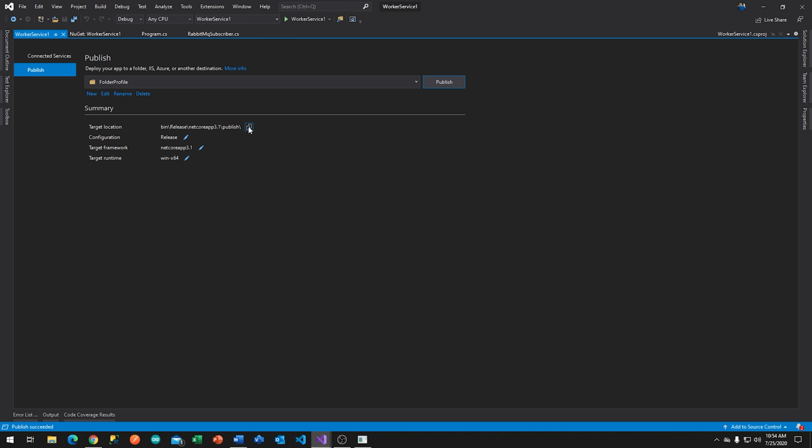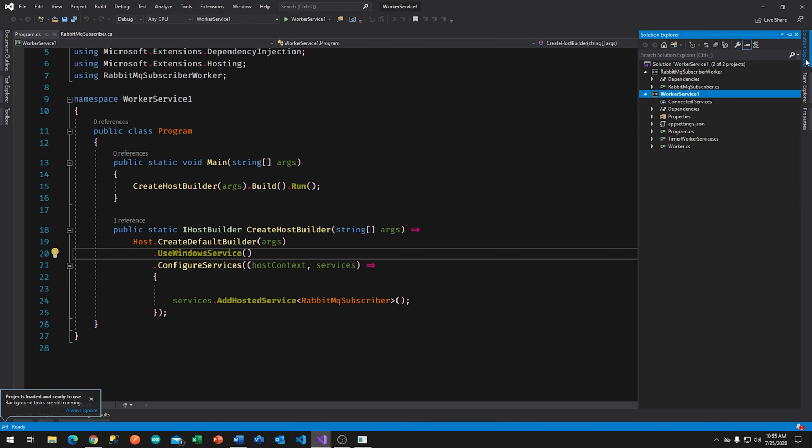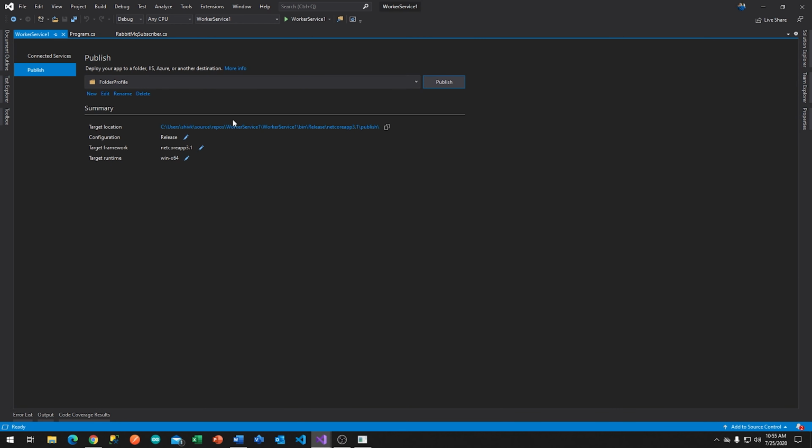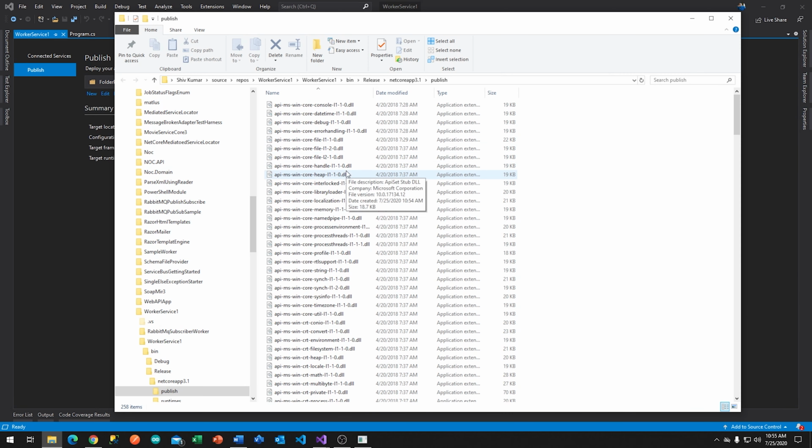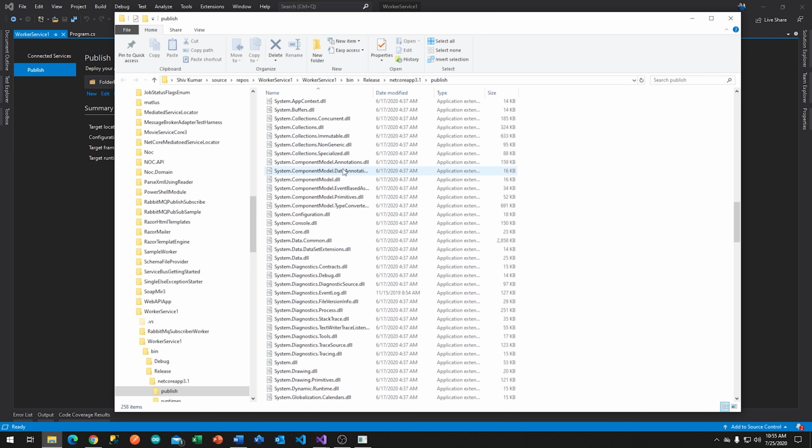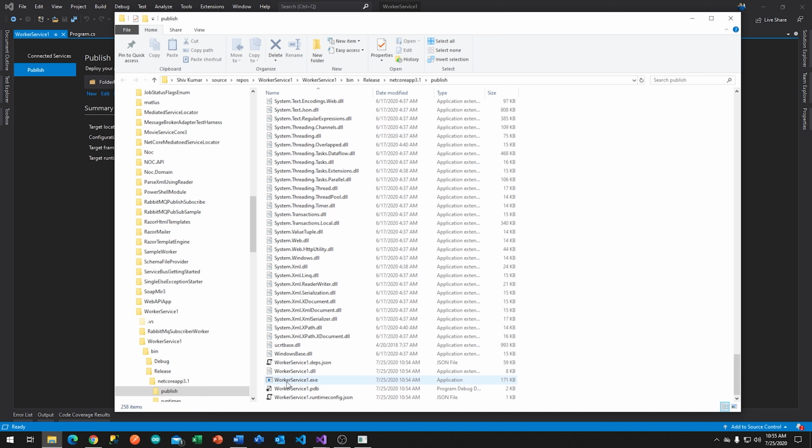And it's published it. Okay, why doesn't it take me to the path? All right, so let me go back to this publish here. What did I do? Oh, okay. Now it's showing me the file path. So here's the whole project deployed with all of its dependencies in this one folder, and that's the executable